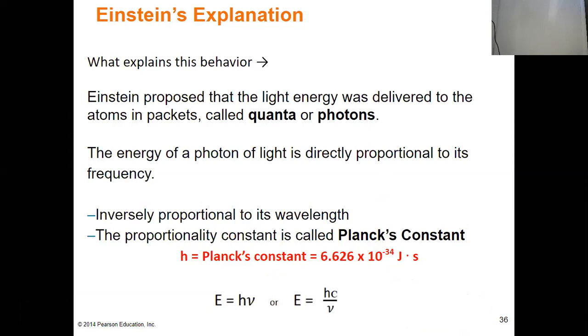Because the energy of a photon is going to be equal to Planck's constant times the frequency of the light, or the energy of a photon is going to be equal to Planck's constant times the speed of light divided by